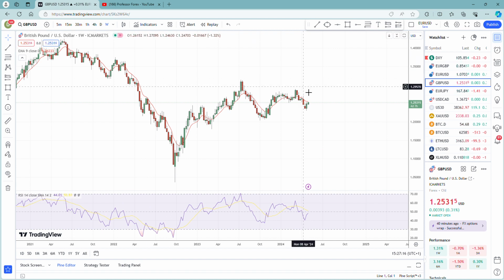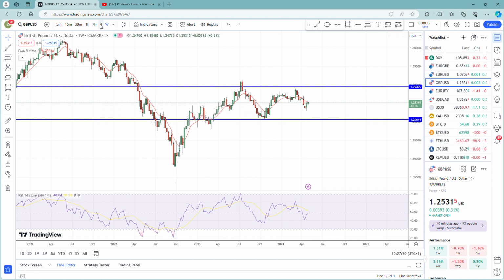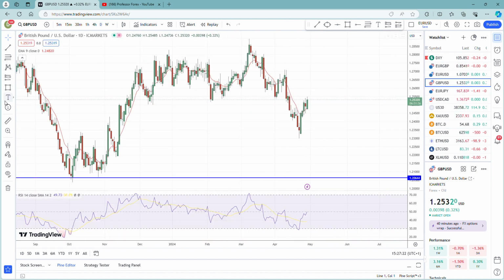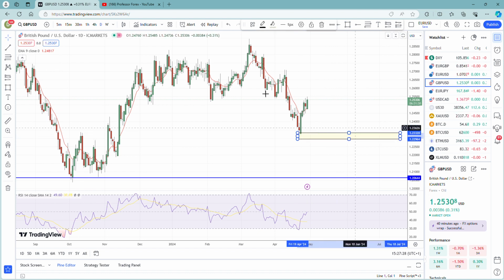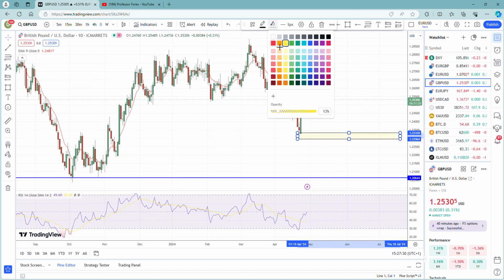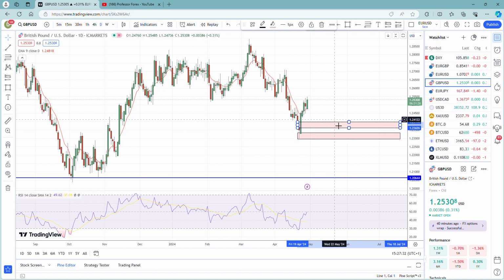GBPUSD. So remember, track the price between 2 levels to get support and resistance. You then go into the daily time frame and you select the rectangle tool. So I can clearly see this is the most recent support on the daily time frame. And this is the